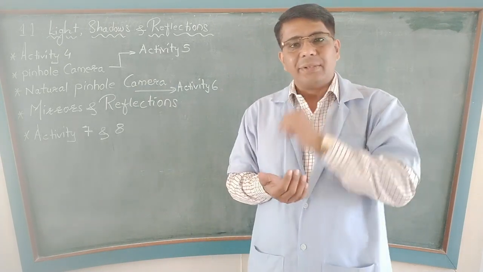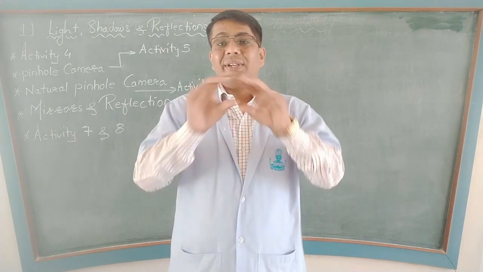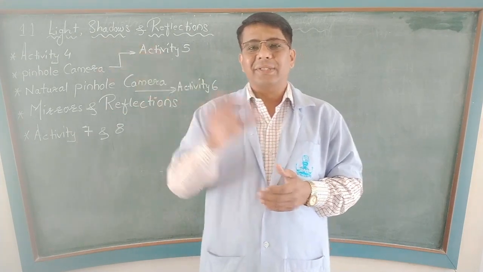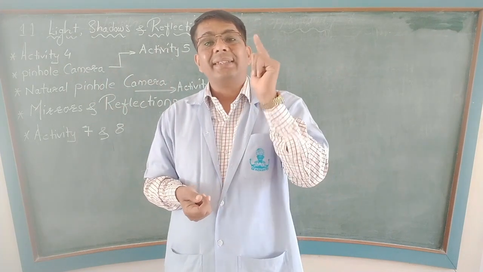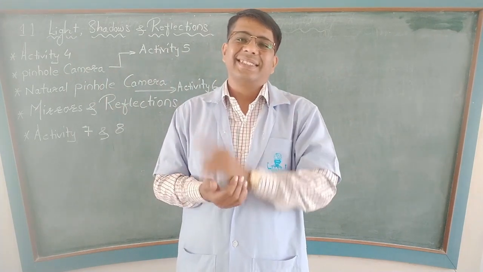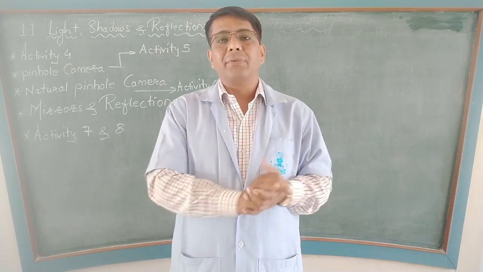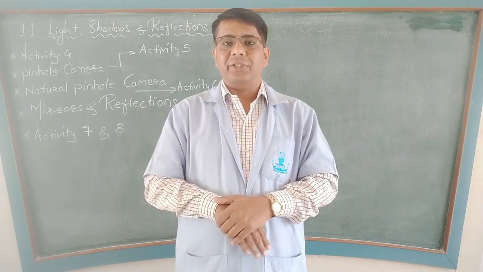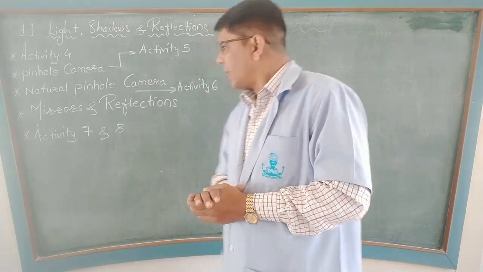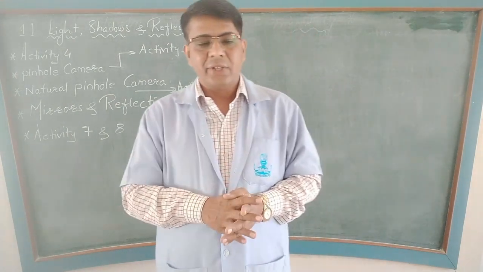Okay, so that is the activity, but the activity I am going to show you here is not related to the rubber pipe. I have got a different activity here, but that also shows that light travels in a straight line. We'll see that activity in my activity video, which will be joined to this at the end of this video after the explanations. Okay, now the next part is mirrors and reflections.